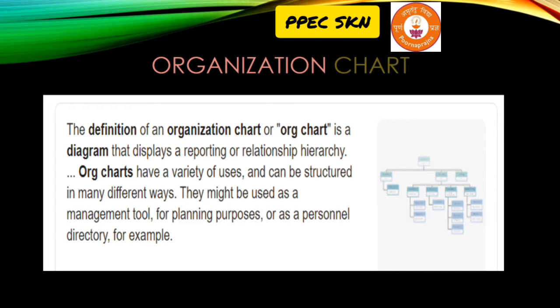Next, we can see organization chart. Organization chart you can't see in the list of charts. That's why I'm explaining separately. Like your column chart, you can create all other charts: bar chart, XY chart, scatter chart, pie chart. Like all charts you can create yourself. That's why I'm not showing now.